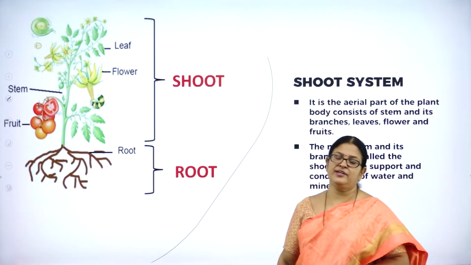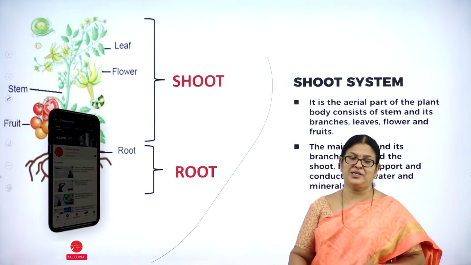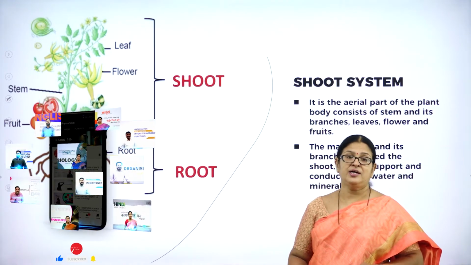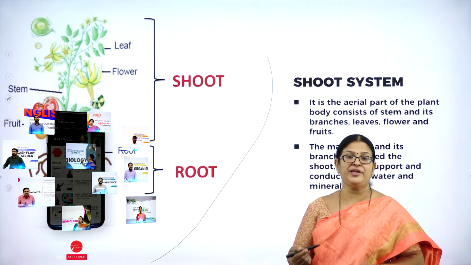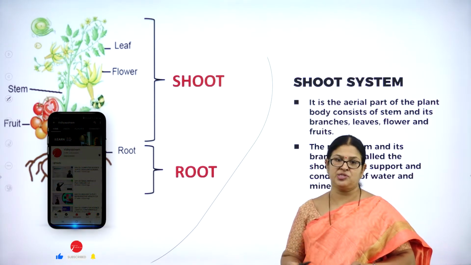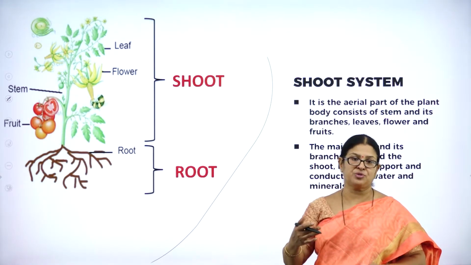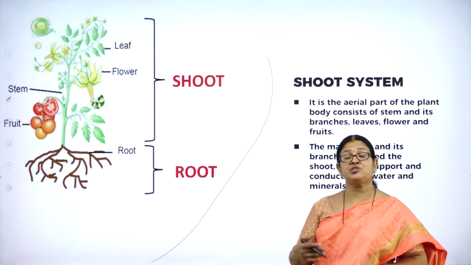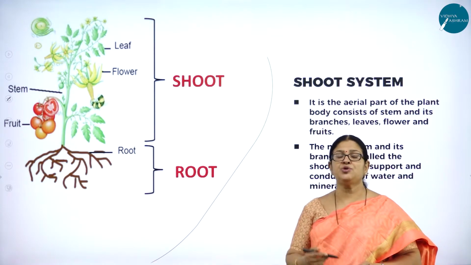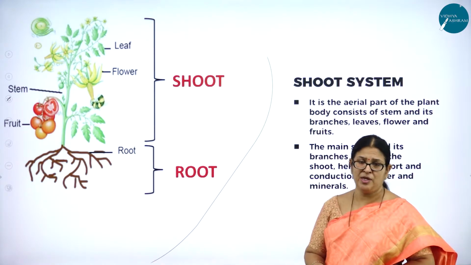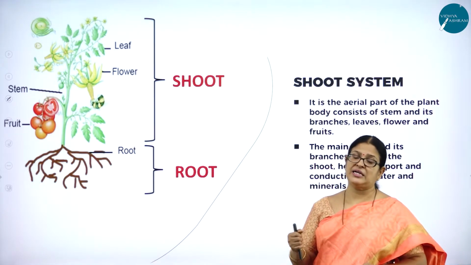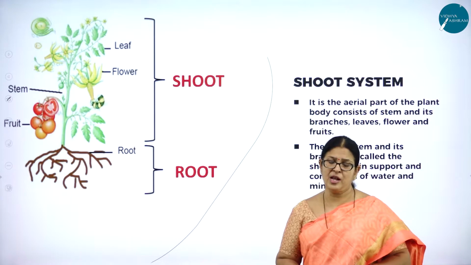What did we study in the last session? Hope you remember that I explained about the root system. As I said, a plant body is made up of two very important parts. One is called the root system, the other one is called the shoot system. Root system is the part which grows below the soil and it is not much complicated when compared to the shoot system. And what were the usual functions of a root system? Fixation of the root firmly to the soil and conduction of water and dissolved mineral solutes.